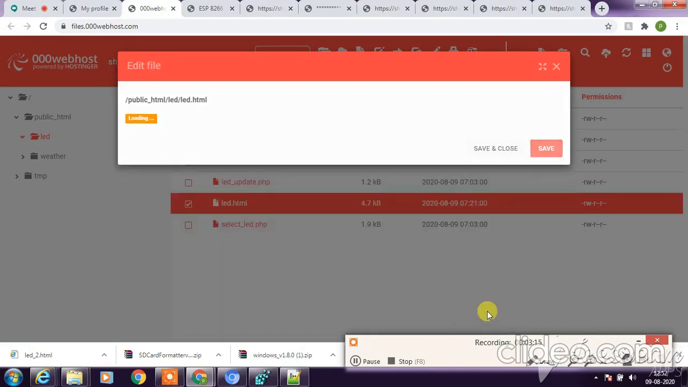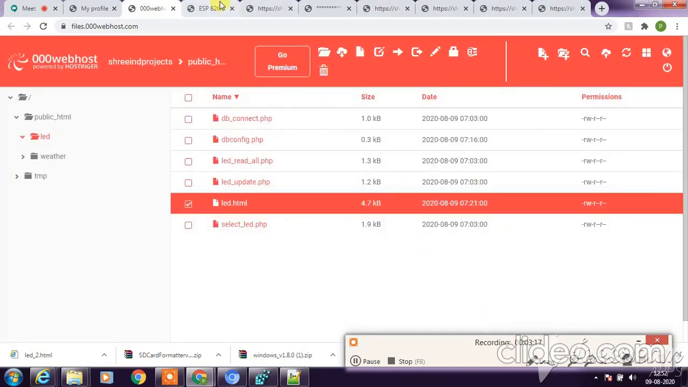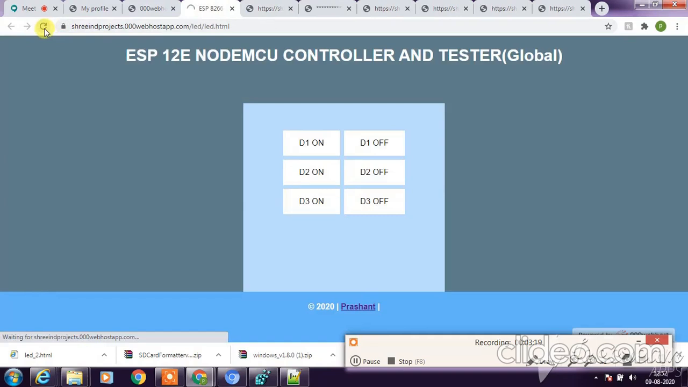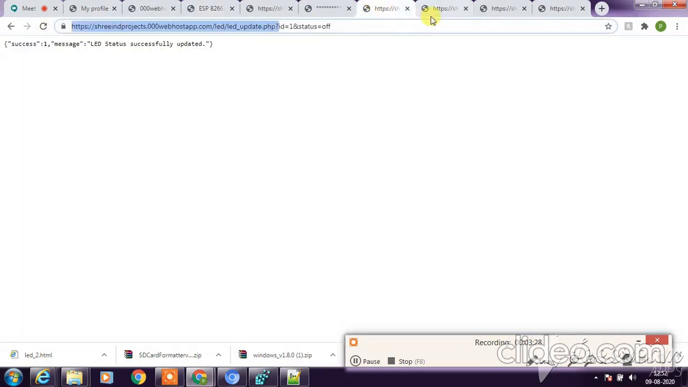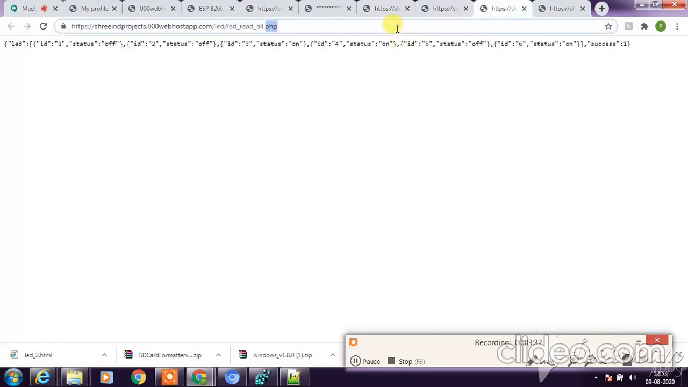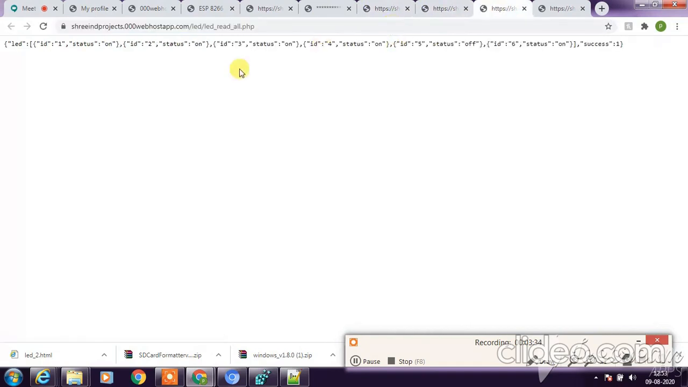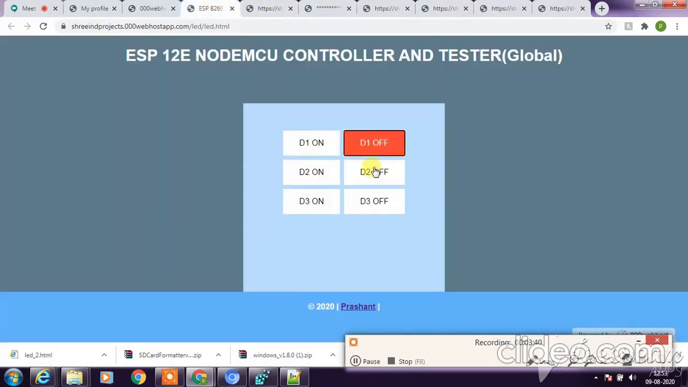So close, and then I'm going to reload this page. So right now first 3 LEDs only I am changing. So I click on, and on. So now we'll go and see the read all, what it shows. The read all, yeah. Just reload this page. It says on, and on. I go here and I'll replace to off,